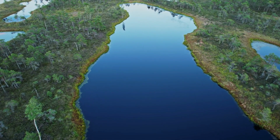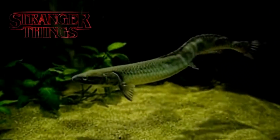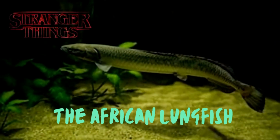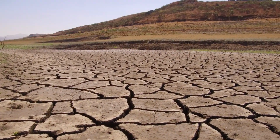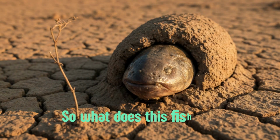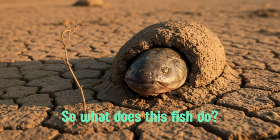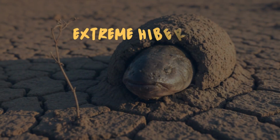We finish in swamps and lakes. This animal feels like something out of the final episode of Stranger Things. The African lungfish. It lives in places where the water can completely disappear for months. So what does this fish do? It buries itself. It forms a sort of mud cocoon around its body and enters a state of extreme hibernation